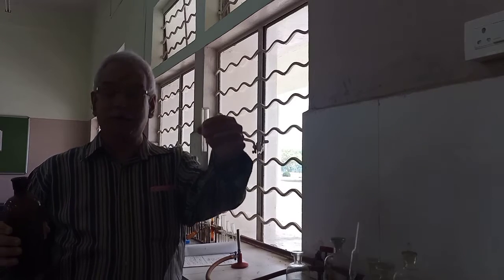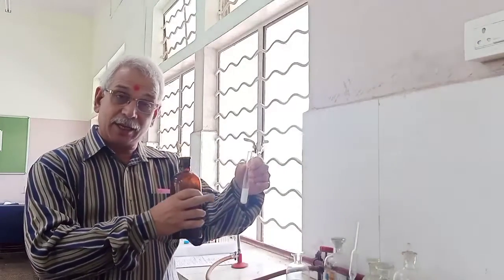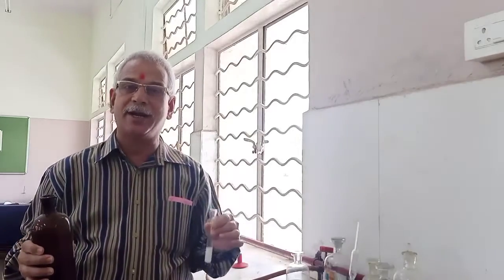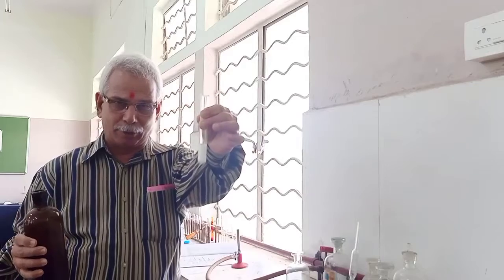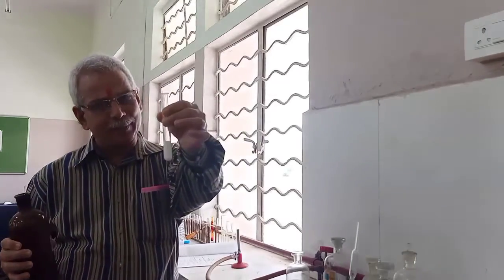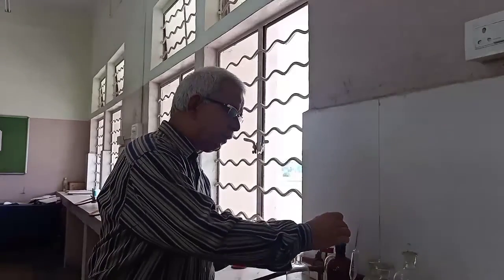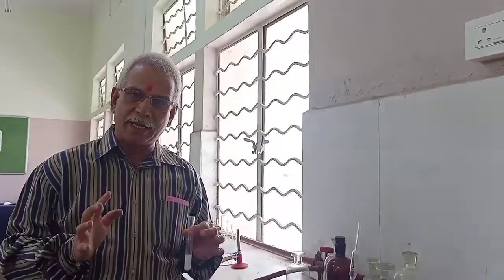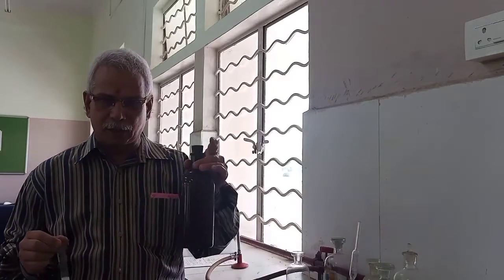Why the precipitate? By adding AgNO3, if chlorine is there inside, that chlorine will react with AgNO3 and give silver chloride. Silver chloride color is what? White color, like a curd. Because it looks like a curd, we say it's a curdy precipitate. So due to the formation of a white curdy precipitate, we can conclude that chloride is the anion present in the salt. And this is the most important reagent for chloride.